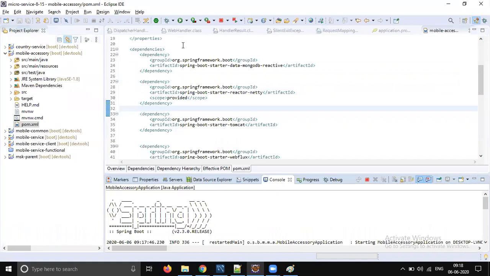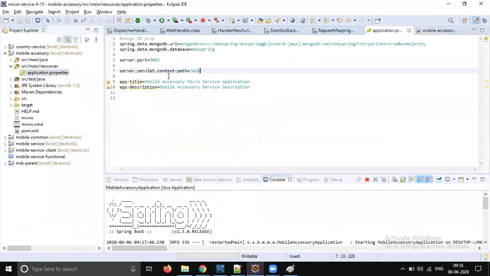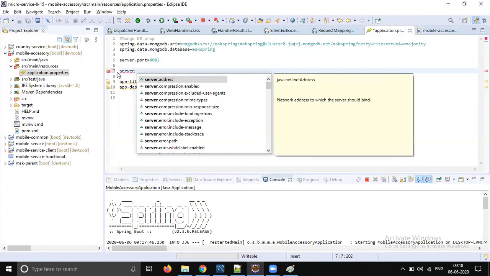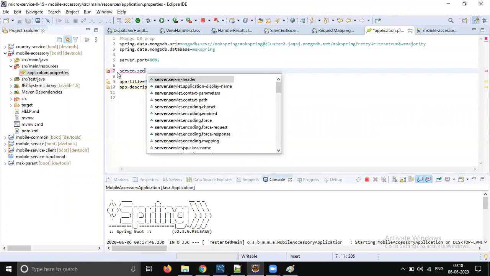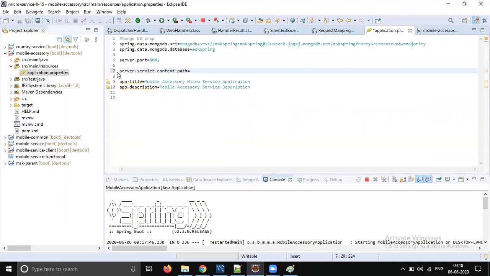Why is context path empty? Which property? You gave that msk, right? Let's check again whether we are using the proper property: servlet.context-path equals slash msk.